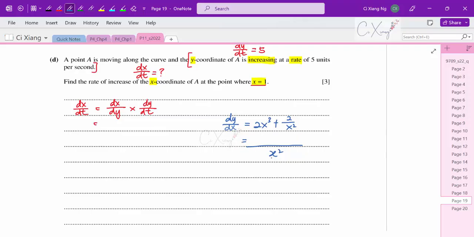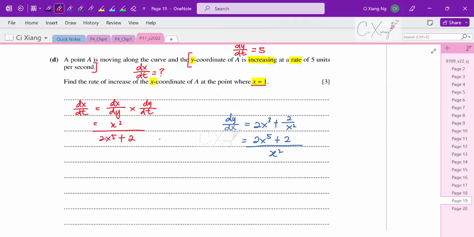So I want to make x squared the denominator. Then for this term, 2x power 3, you multiply with x squared, therefore you have 2x power 5 plus 2. Now I want to substitute this result into my step here. dy dx is something like this. Therefore, dx dy will be x squared divided by 2x power 5